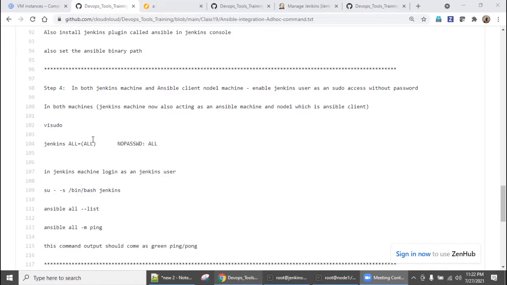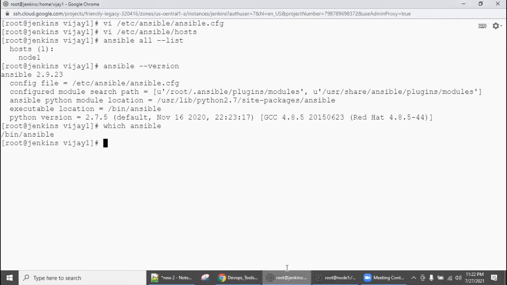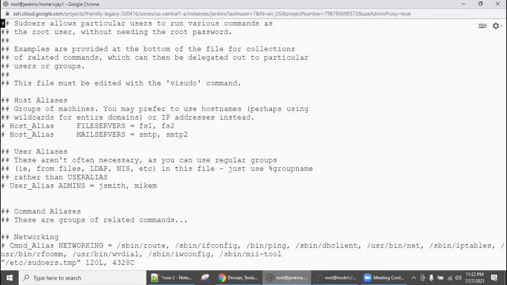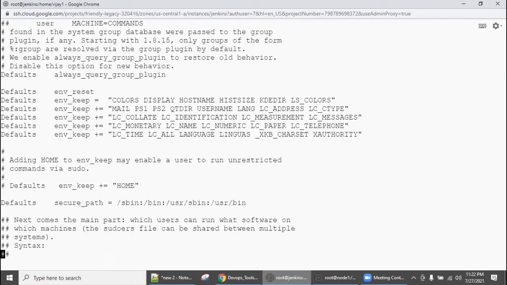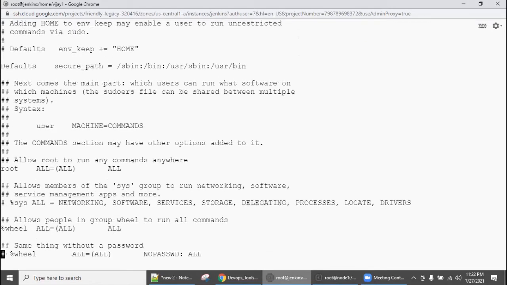Go to both machines, run this command, visudo. First I'm going with the Jenkins machine, come down, there is a root line, root ALL. So you need to enable no password. If you are not sure, you can take this syntax from here. No need to worry.